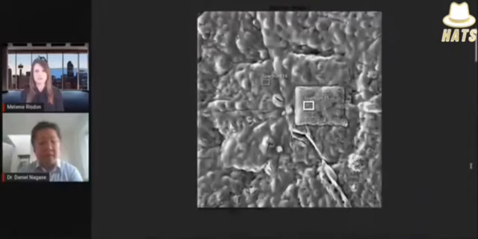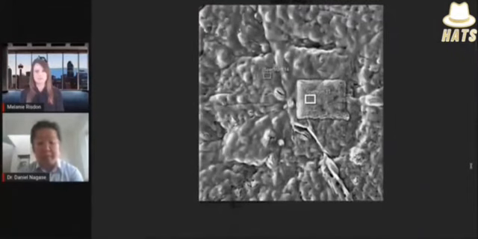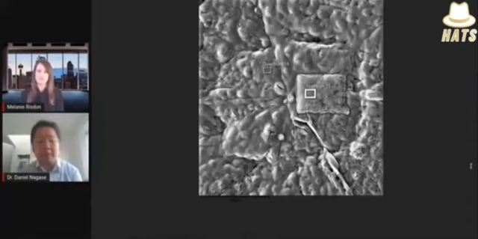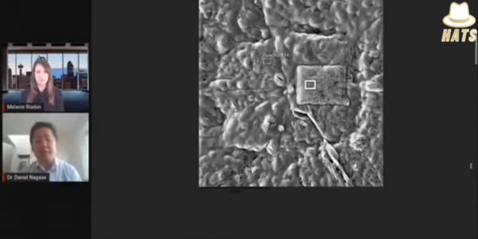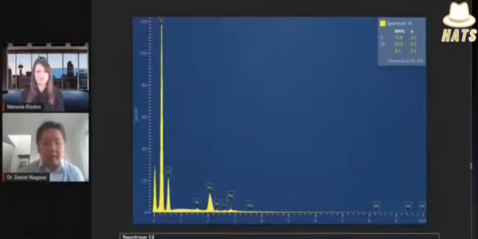like chips, right? You see that rectangle, it's got all these little dots on it arranged like a grid. So you see those little square boxes there that say spectrum 14 and spectrum 15. That's when we're telling the electron microscope to look at that little rectangle and tell us what elements are contained within those squares. Okay. So if we scroll down on the file, we'll see spectrum 14, and this is the